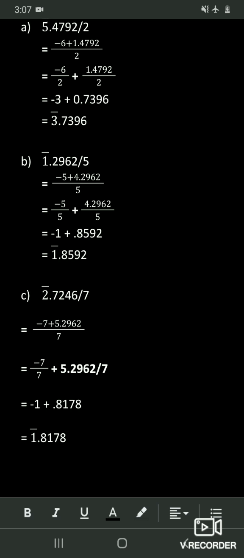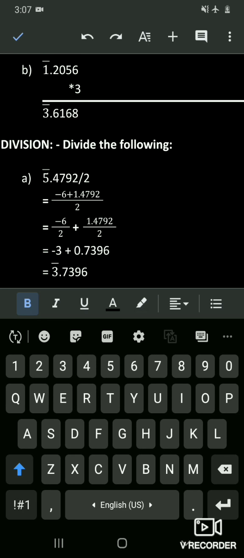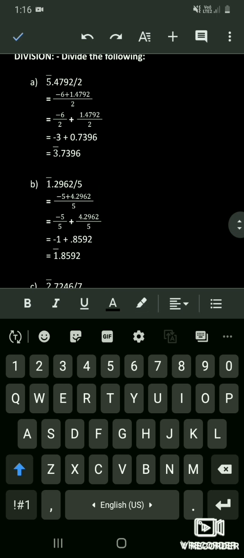If the characteristic is positive, then you can use the usual division method. So if it is negative, simplify. There is no rule that you have to take minus 6 here, you can take even minus 10 and accordingly adjust the values. So this can be done by inspection method, and once you solve more problems, you will quickly get to know what kind of simplifications have to be done.